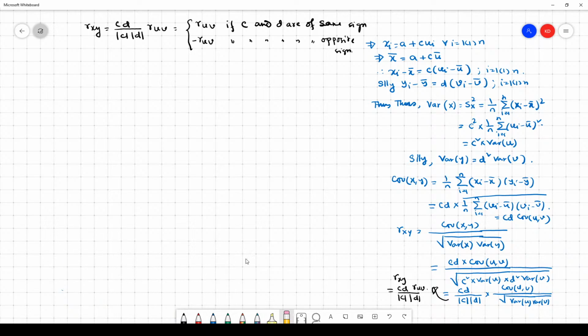So sometimes, for computing the correlation coefficient, we use transformation of variables, because after transformation the computational process is easy. Okay, so that's why we use transformation of the variables. So for example,